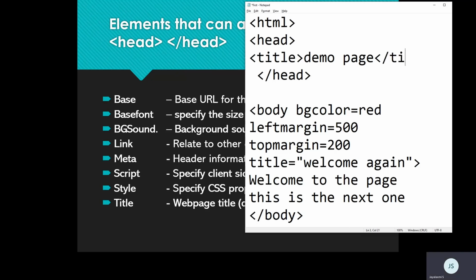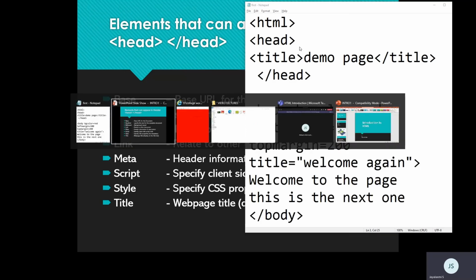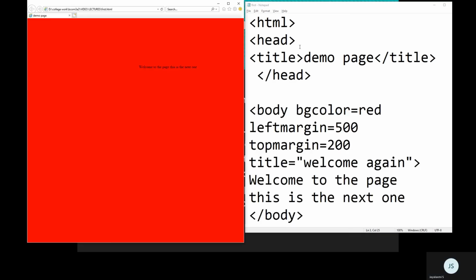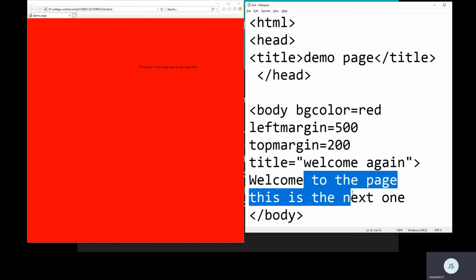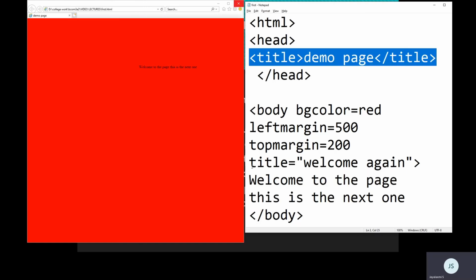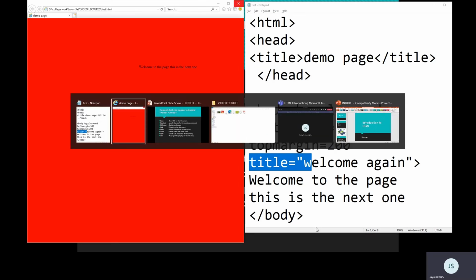Double quotation here because it is a tag content. Title, save. It can be seen in the title bar. This is the area where you can see whatever you type there. Previously it was displaying the URL or the location of the page. Now it is displaying the title, whatever is given by the user. This title is to display the tooltip text, and this title is a title tag, and that is the title attribute. There is a lot of difference. Don't get confused.